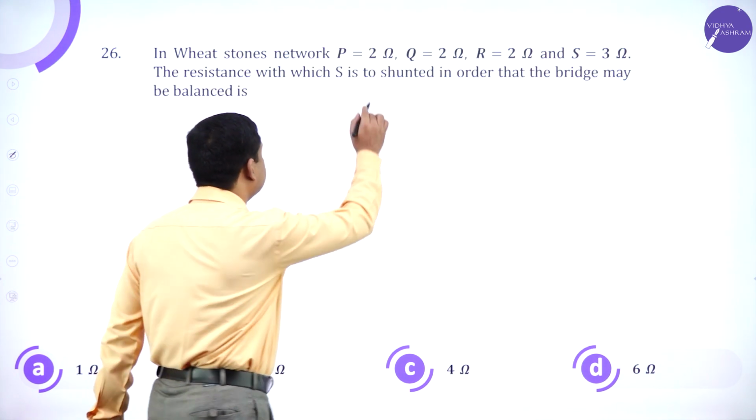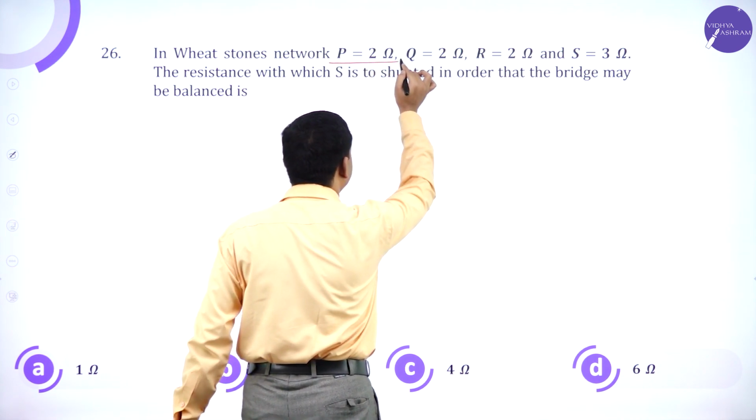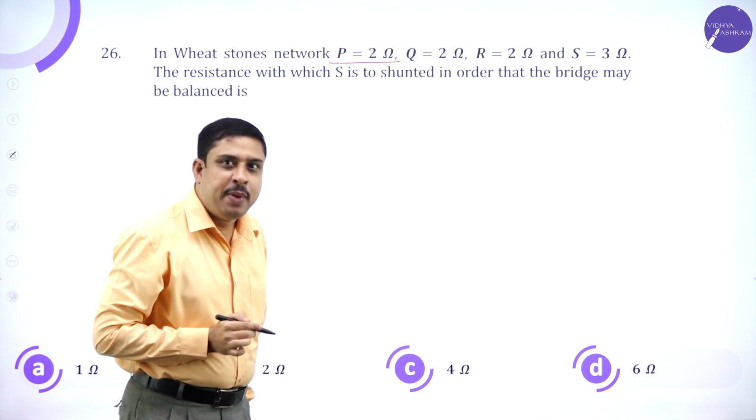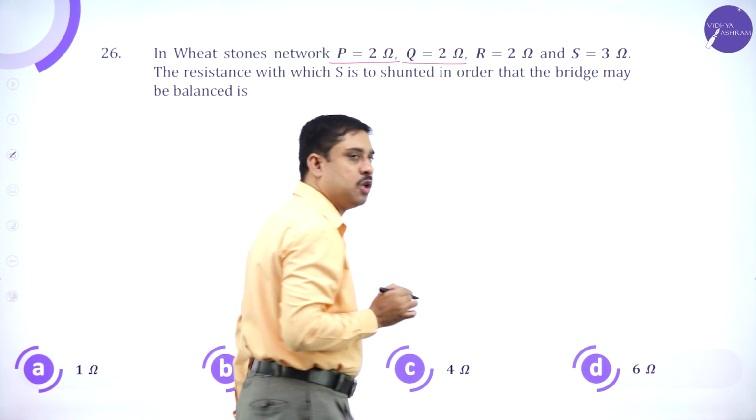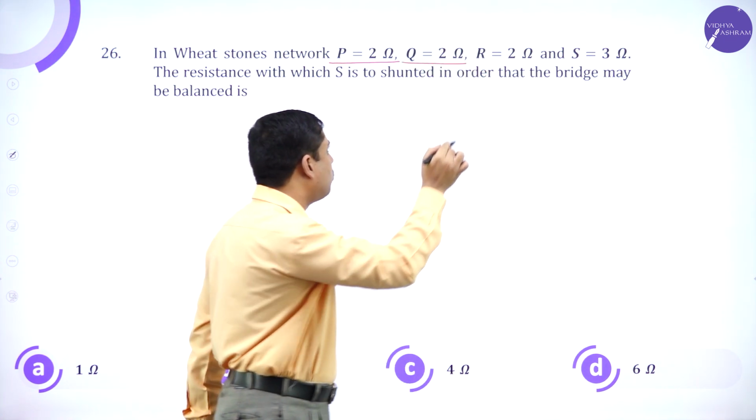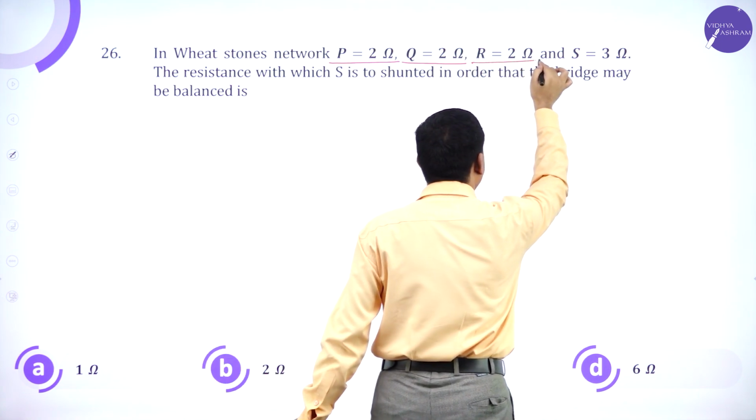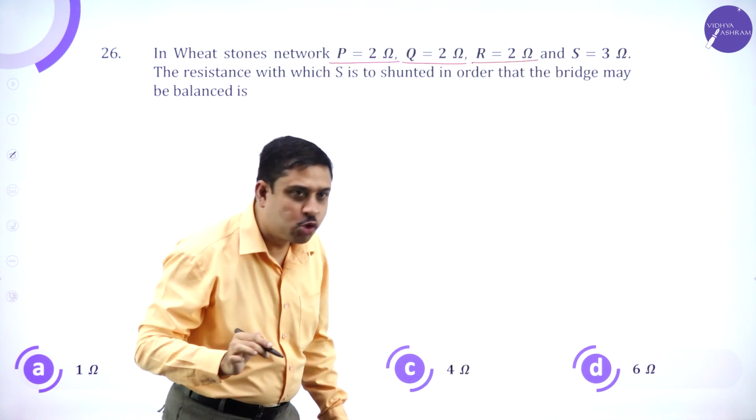In a Wheatstone's network, P is 2 ohms, Q is 2 ohms, R is 2 ohms,